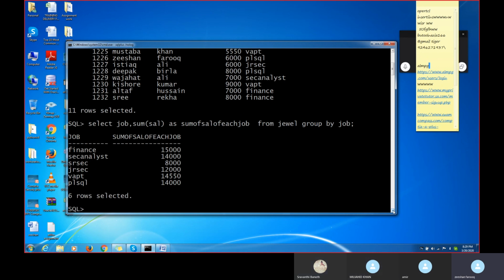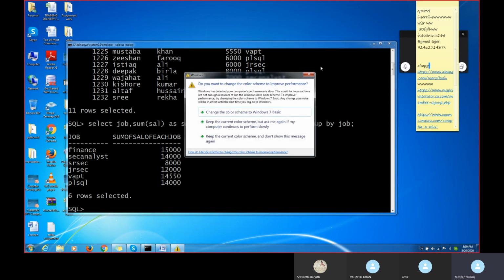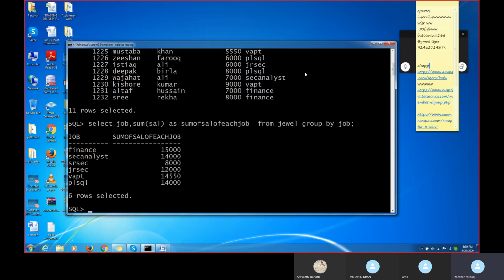Now, if I want to count the total number of employees with respect to the job, how many employees are there? For example, in PLSQL, how many people? In VAPT, how many people? In finance, how many people? How will I calculate?